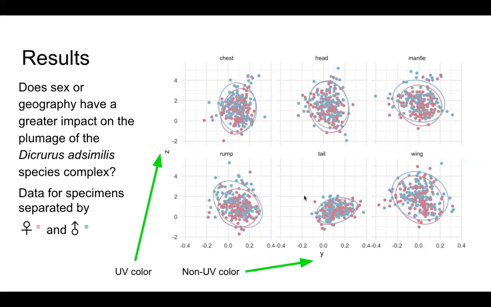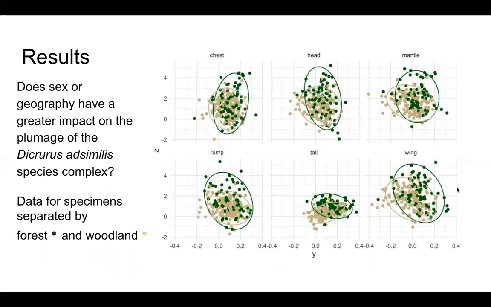The further they are on this horizontal y-axis tells us what their non-UV color looks like, things that we would see with the naked eye. We split these apart because the z-axis gives us a lot of information that we can't get just looking at the birds ourselves. And here, we take that same exact data, but now we're splitting it up by